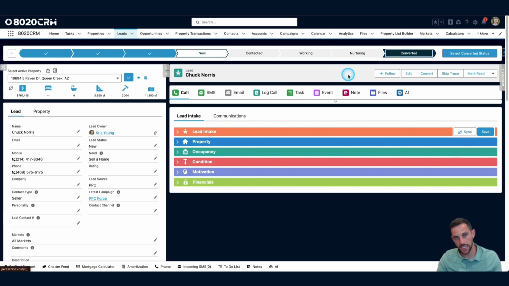The next one is converted, right? The place you're trying to get to. And this is, did we get the pillars? Do we have enough information? Do we have the decision maker? And are they willing to move forward? Usually that can be identified by, are they willing to set an appointment? I'd say